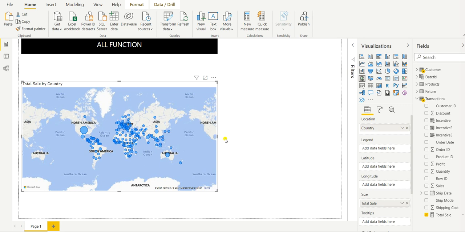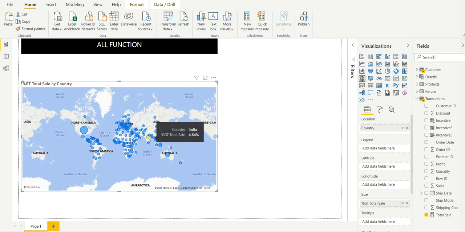To view the percentage wise, we can go to the size field, click on the drop down and choose show value as percentage of grand total. Here if we hover, it will show the percentage wise sale.